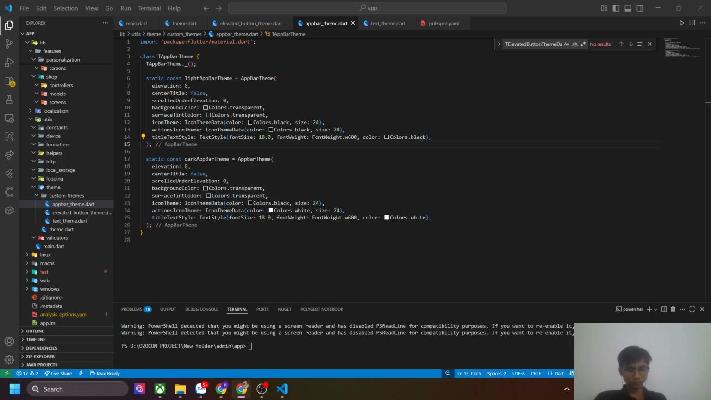Surface color is again going to be transparent. Icon colors are going to be black and each icon color will have this size. Again, these colors and sizes are not exactly what we are going to use in our project. So if you're going to watch the next tutorial, I will make sure that I add all the constants and the